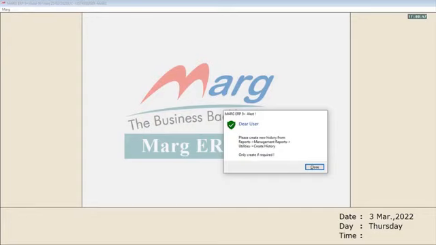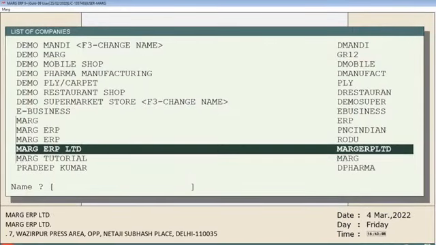After this, an alert message of create batch history and bill history will be displayed to you. If you want to forward the history of the previous year bills in the current year, then you can run the bill history, for which you can follow the path shown in the alert message and create the batch and bill history. For now, you will click on close, and then from the list of companies window, you will